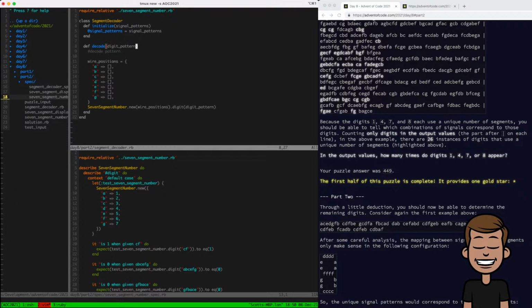Didn't really make sense to do the calculation in decode. I think I can probably just do it in the initialize method, since it doesn't really make sense to have to run through the algorithm in decode every time, and also it's not really that useful a class without it having decoded the pattern. So I'm going to move some of this elsewhere, and then